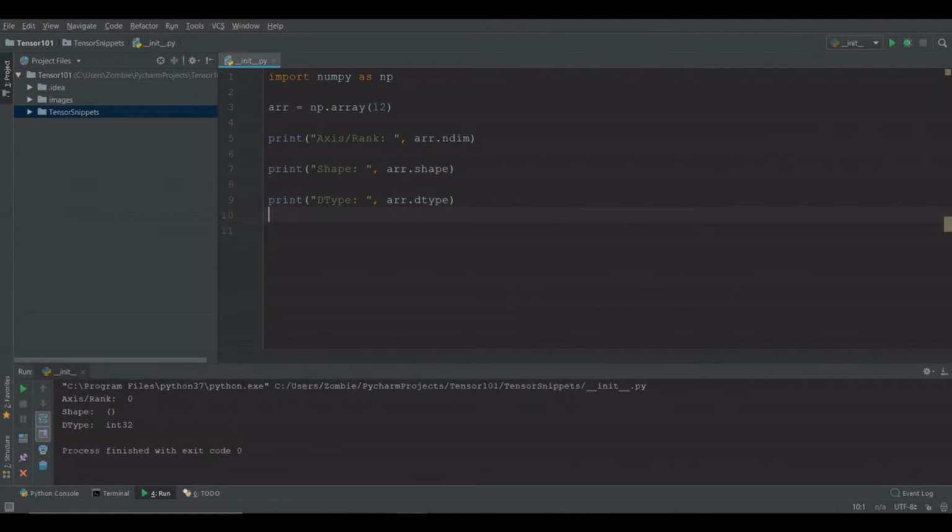Let me increase the font size a little. So the axis or rank for this scalar is 0. The shape is empty tuple and dtype is a 32-bit integer.